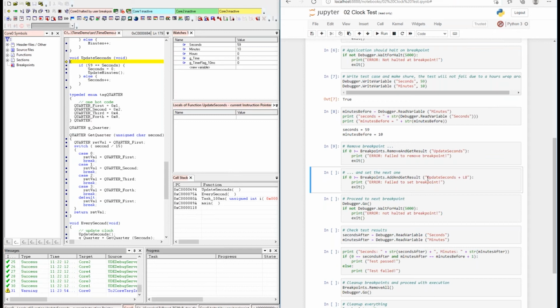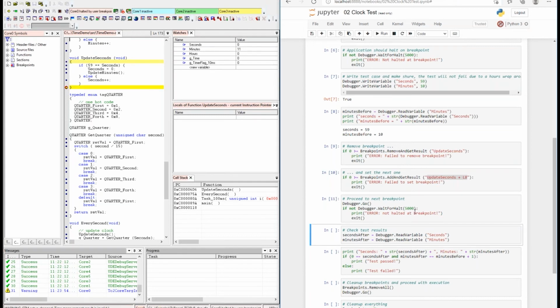In this case, I use this expression here which sets the breakpoint in the update seconds function using a line offset of 8, so that we are at the end of this function. So the breakpoint is set, then we can make it go,